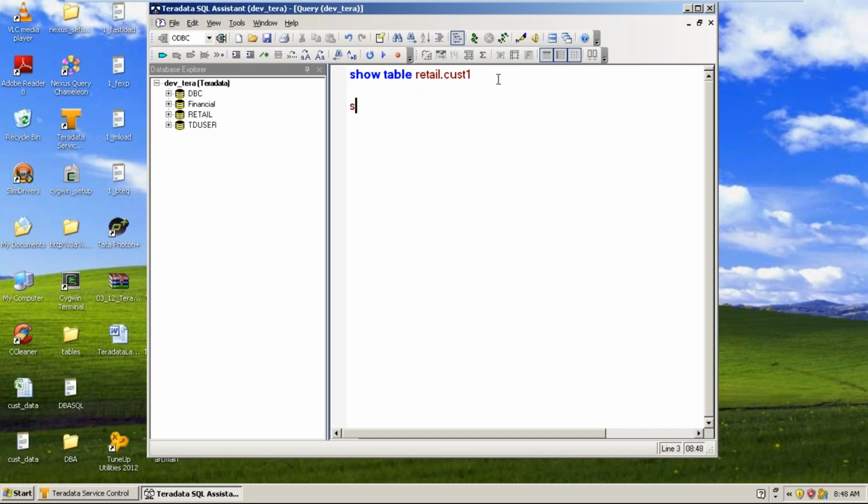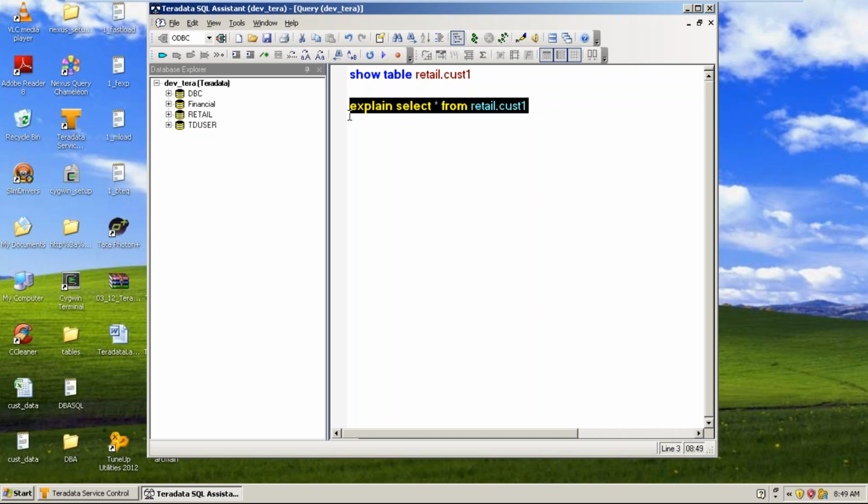Okay. For any query, you can see the explain plan of the execution. By pressing F5 or clicking the execute button, it will execute and give you the answer set. But now I wanted to see the execution plan of the optimizer in an English translation. Then the command is EXPLAIN, which gives the explanation of the optimizer plan to execute this particular SQL.